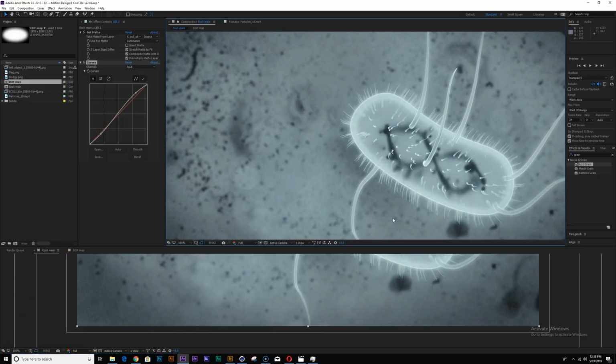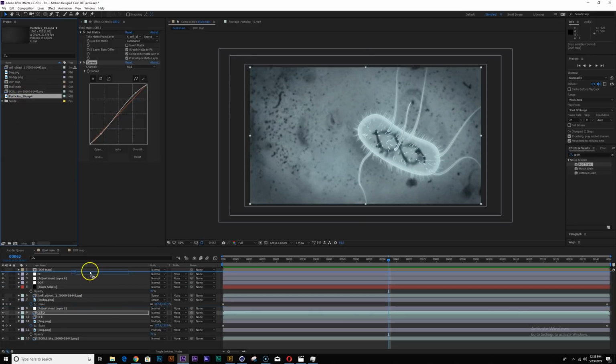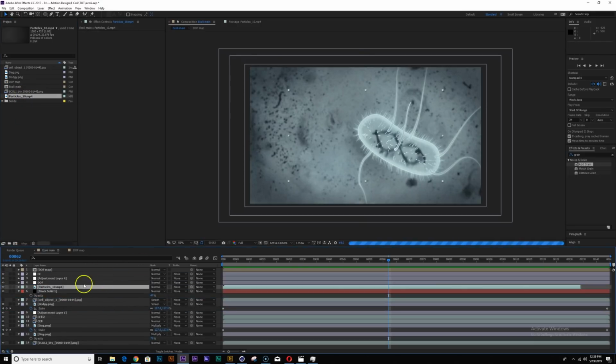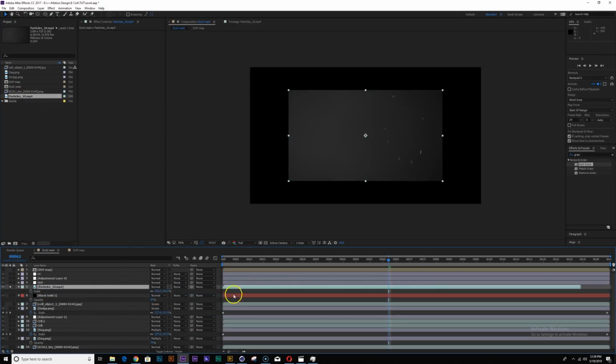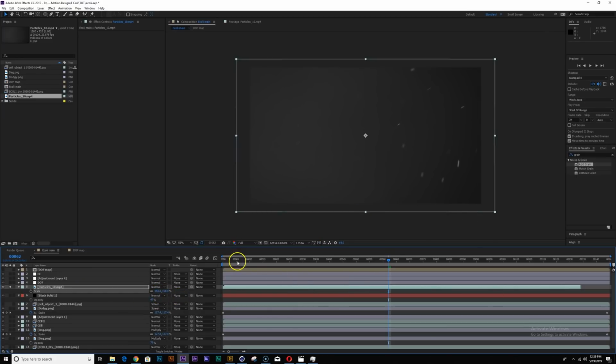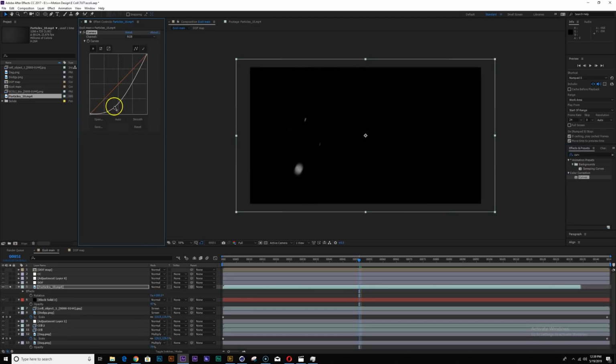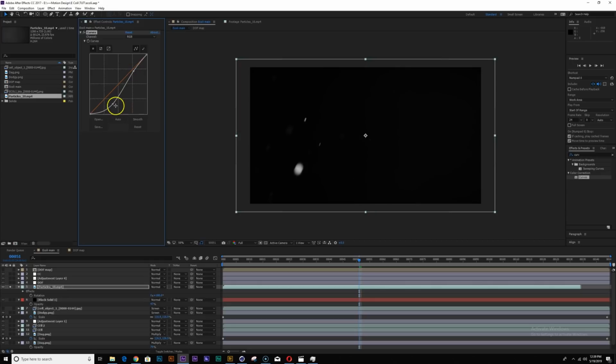A couple more things we can do. Well, just a few more things. We can add this particle thing that we got from Video Copilot, and maybe I can rotate this 180, and let's add a curves effect to it and crush it a little bit.